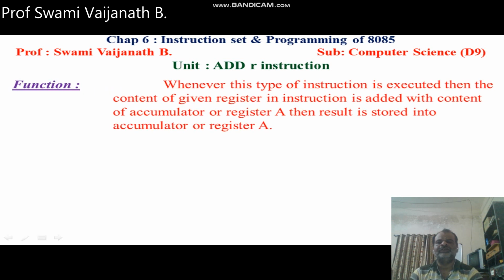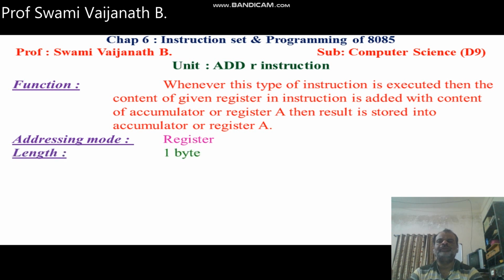The addressing mode for this instruction is register. Why is it register? Because you mention one operand as a general purpose register, and you cannot mention any 8-bit data or 16-bit data here, so its addressing mode is register. Then the length for this instruction is 1 byte. Why is it 1 byte? Because only the source and destination location register is present, so its length is 1 byte.